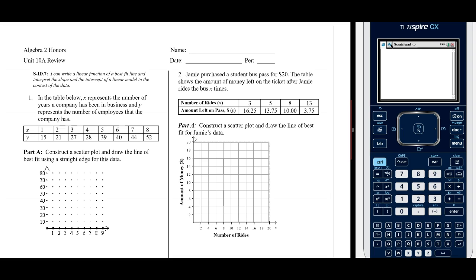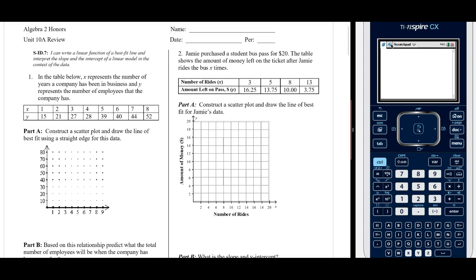So, constructing a scatter plot, pretty straightforward. We're just going to plot the points. So 1, 15, 2, 21, 3, 27, 4, 28, 5, 39, 6, 40, 7, 44, 8, 52. So that's obviously not a straight line,